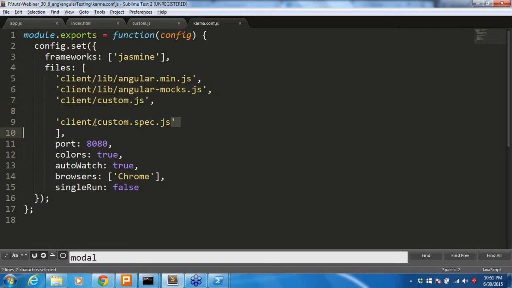Next, if I run the unit test cases, where do I need to run them? My port is already running on 9000, so let me create it on some other port. You can give whatever you want. Now I have given 8080. Then, do you want to show some kind of colors in the unit test cases? Yes, I want to, to differentiate them. And if I make any other changes in the file while the unit test case is running, do we need to watch that file and refresh the testing or the server? Yes, we want to. So for that I will give watch as true. And where do I want to run the unit test case? It has to run on the Chrome browser. So I have created my configuration file for Karma.